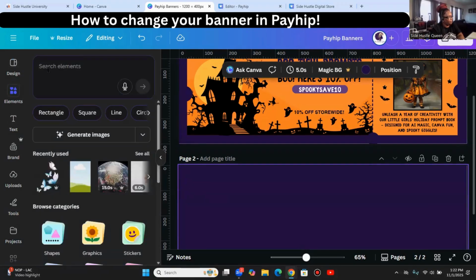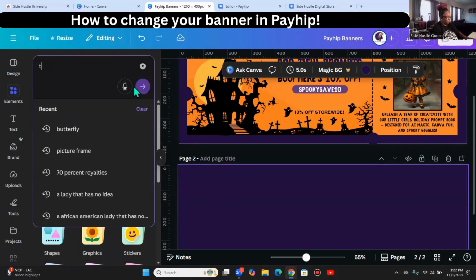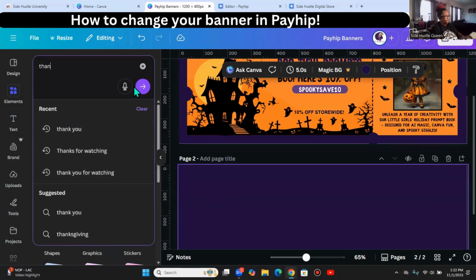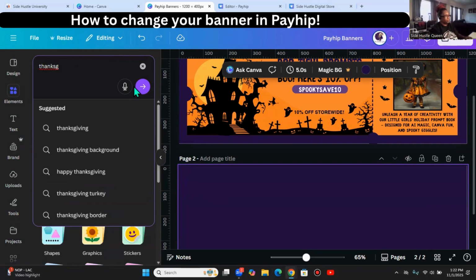I'm going to go over here to elements and type in Thanksgiving banner, because I'm going to change this banner twice this year. I'm going to do the Thanksgiving banner, which is probably going to run up until maybe 2 days before Thanksgiving, and then I'm going to do a Black Friday banner. Okay. So I'm doing a Thanksgiving banner, and the reason why I am doing Payhip like this